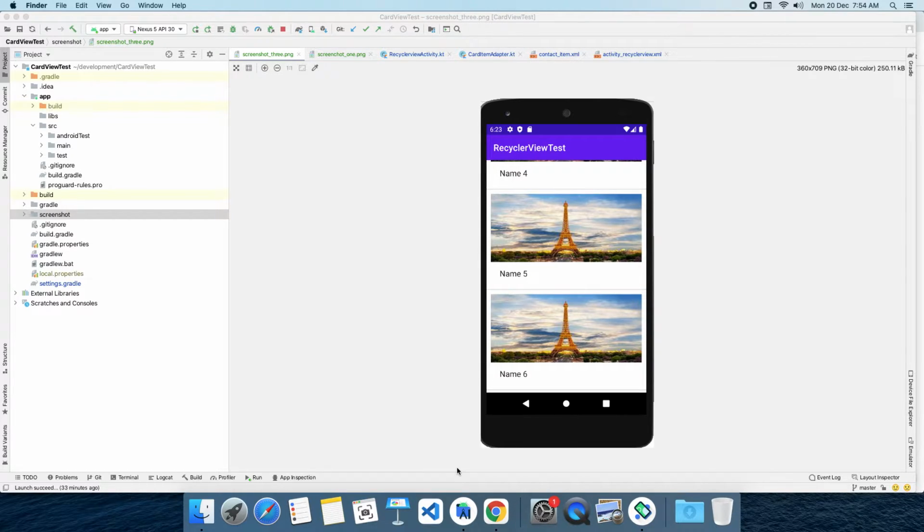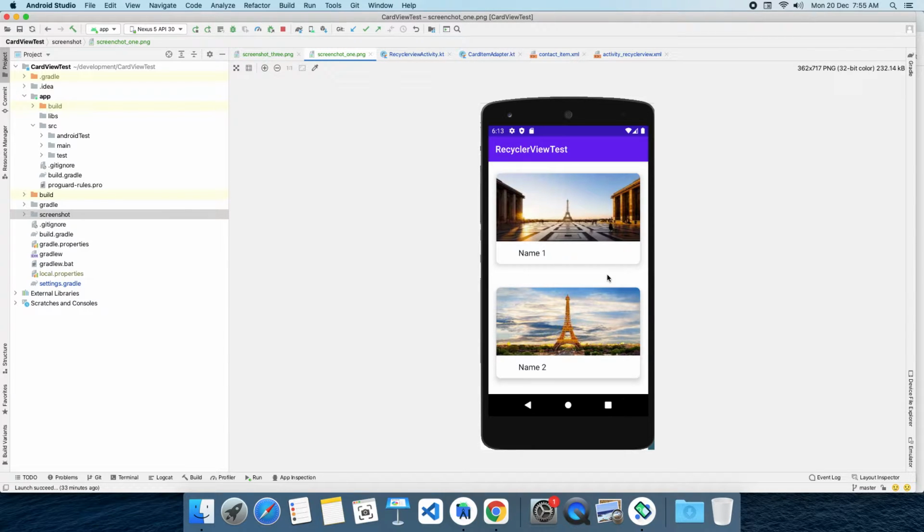Now, for instance, take an example of the screenshot here. Here we have a recycler view with a list of items. Every item has an image view, and at the bottom of the image view we have a text view. By combining these, we have a view group. Before applying the card view concept, see how the list item looks. The list item here is like a normal one. So after applying a card view, what is happening?